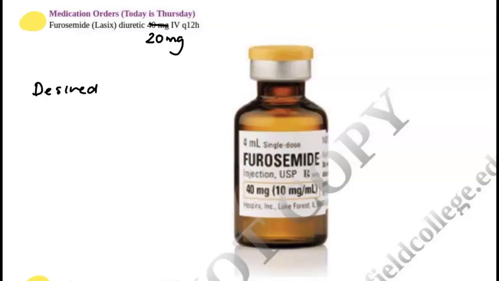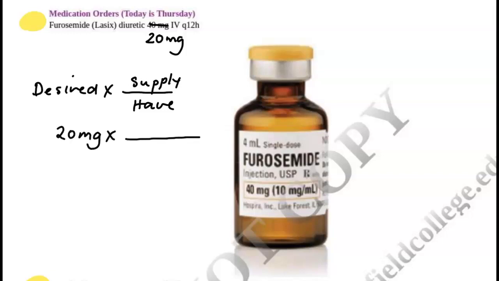To prepare for the upcoming test, let's go over these problems. So first, I'm just going to write the formula, desired times supply over have, and the order is 20 milligrams. So 20 milligrams times supply, which is 1 ml,